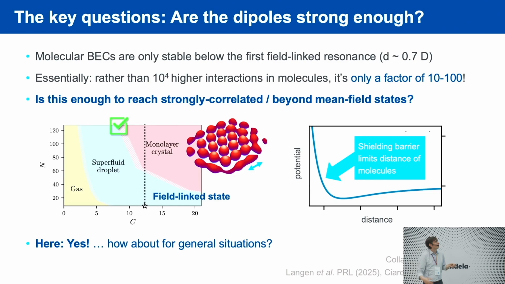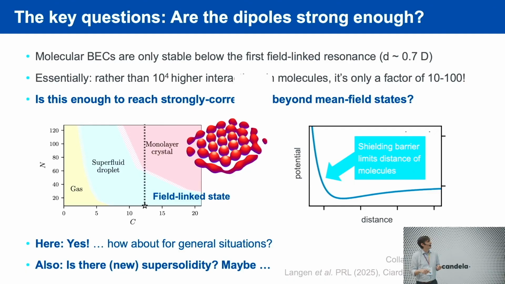Good. So can we reach these states? In this case, yes. But of course, one needs to investigate how this happens for more general situations. One also needs to investigate why this is happening. This is Monte Carlo, and as we said yesterday, this is a black box. It's just coming out, but a fundamental understanding of, like, Lee-Huang-Yang corrections and so on is still missing, how this transitions.